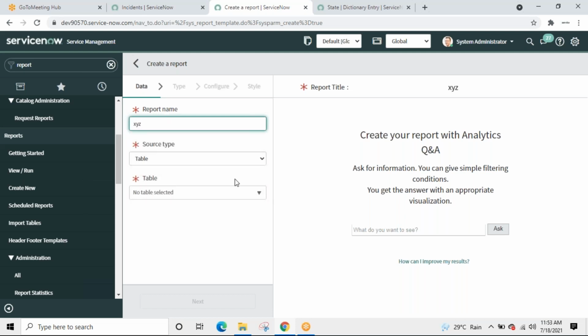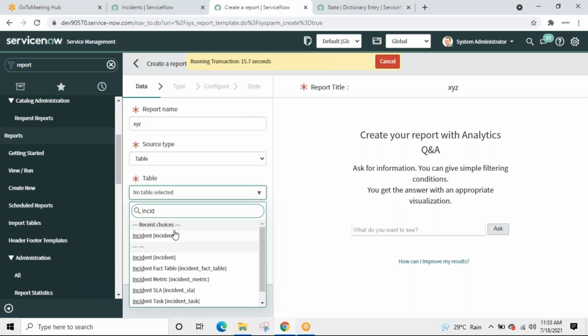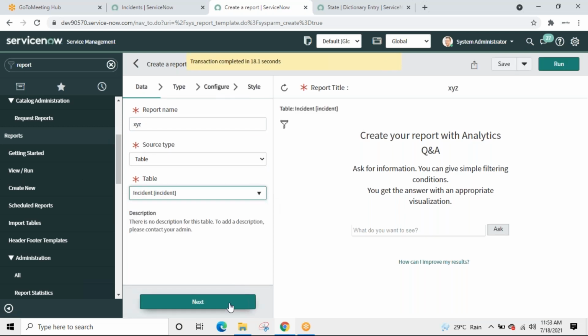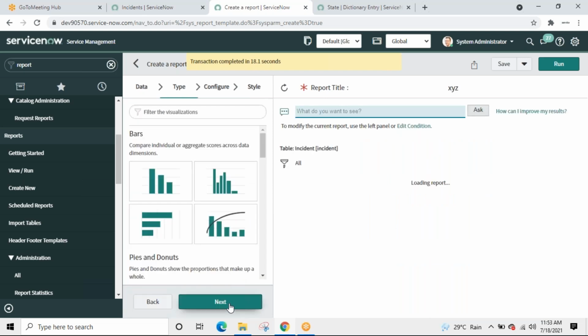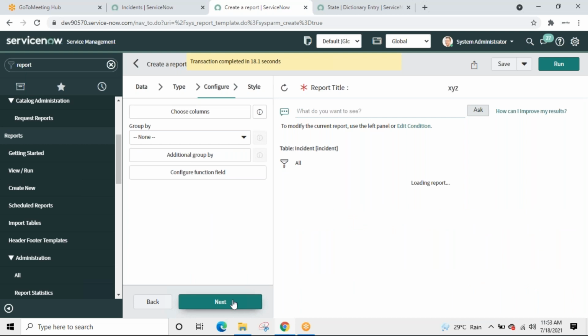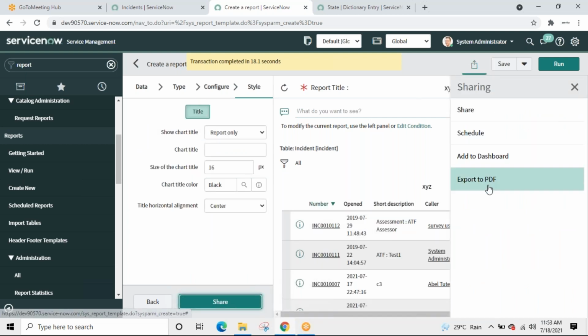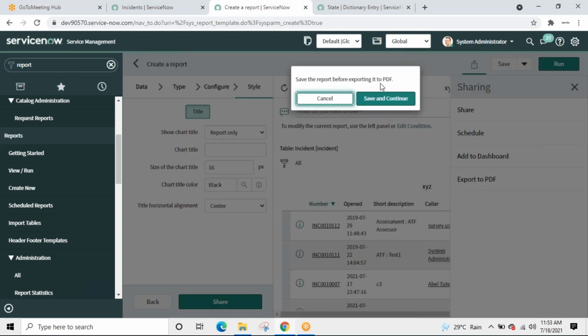XYZ Incident. Take this. Next. Qualification that we know. Next. Next. I can export it to PDF. Save and continue.